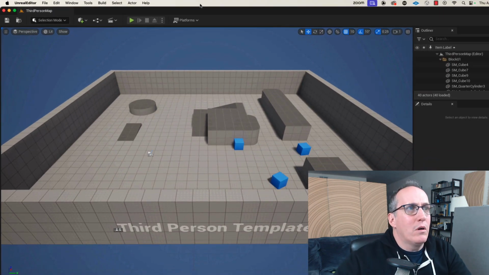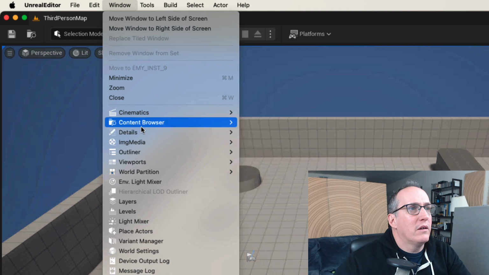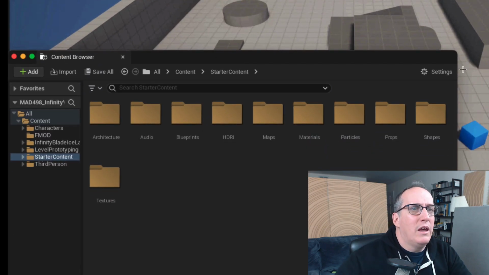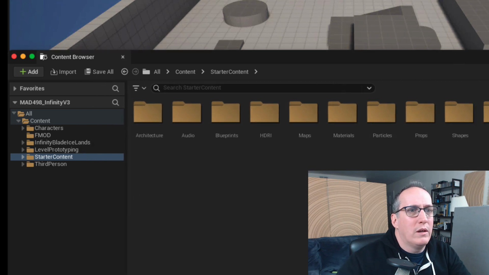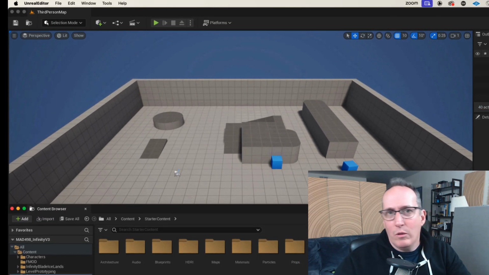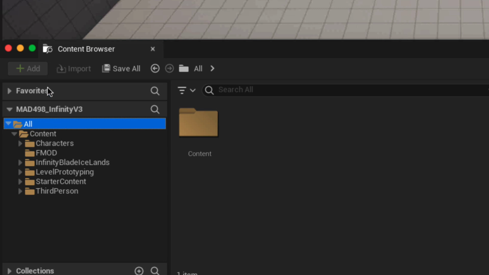Right now we're on a very dumb level, so we don't really need this. Instead, if the content drawer isn't already up, you go up to Window, and if you don't see it already, you could go to Window and Content Browser. There it is. And you can pull this up as a window if you want. I like to see this as a window. I don't want to look at this content. This content's boring. So in the content browser here on the left side, I'm going to click the All folder